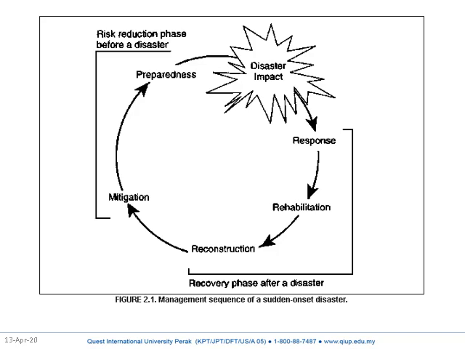First, disaster impact. One disaster happens. Following the disaster impact is the response. Response is the sudden response of the community against the disaster, to save the community, to save the affected area and affected people. That's a response. Then after that, rehabilitation. Rehabilitation means bringing those affected back to normalcy.